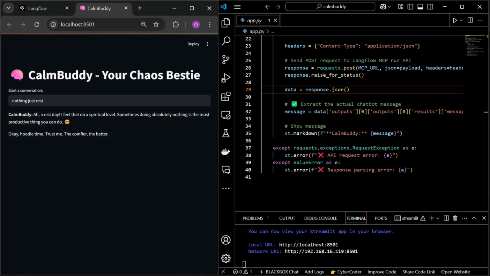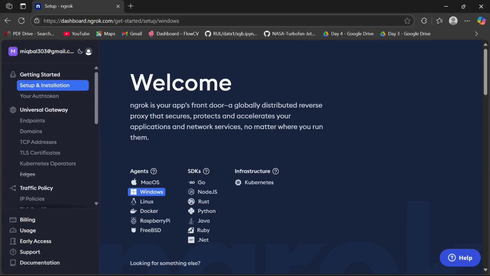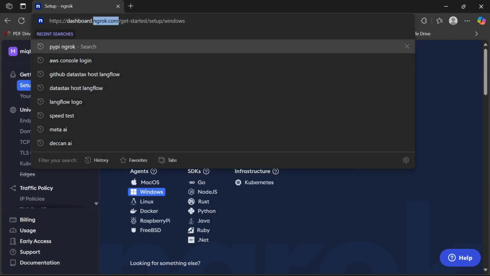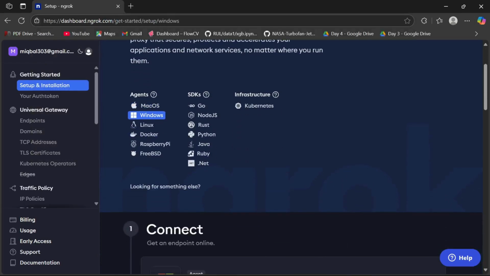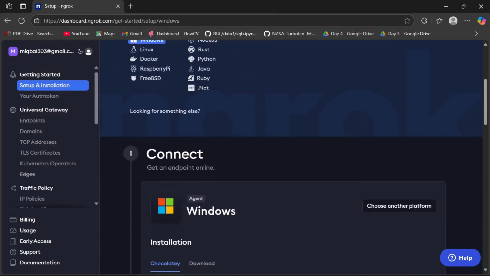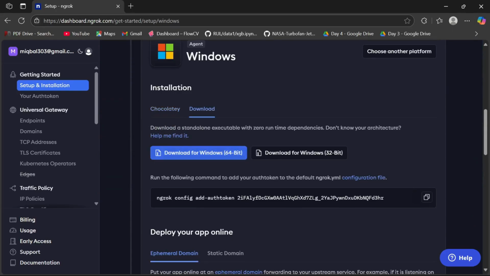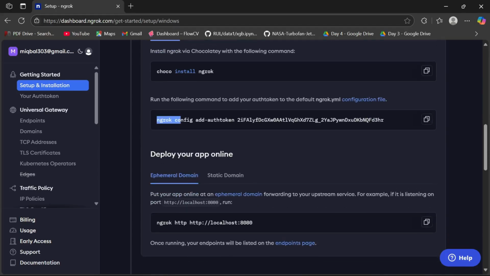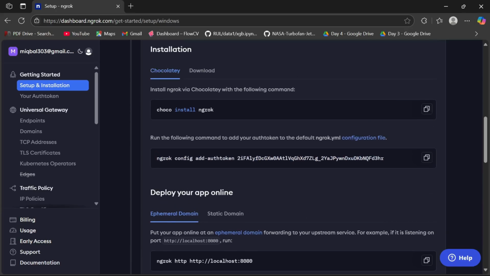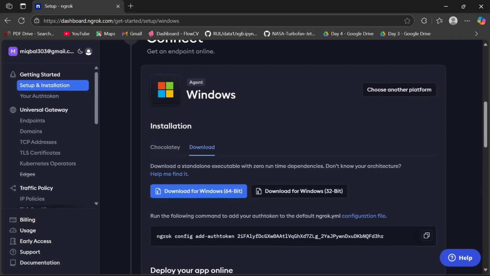Now, if you want someone else to try it, use ngrok to share your local apps securely. Okay. So for this, you go to ngrok.com and download ngrok, add it to your system environment path and authorize it with your token, which is shown in the command.